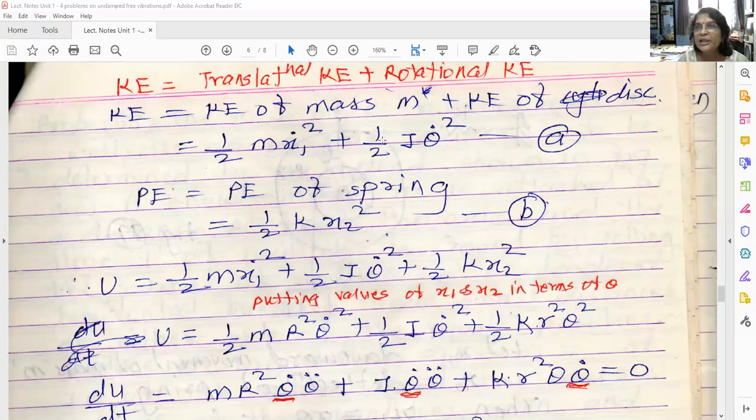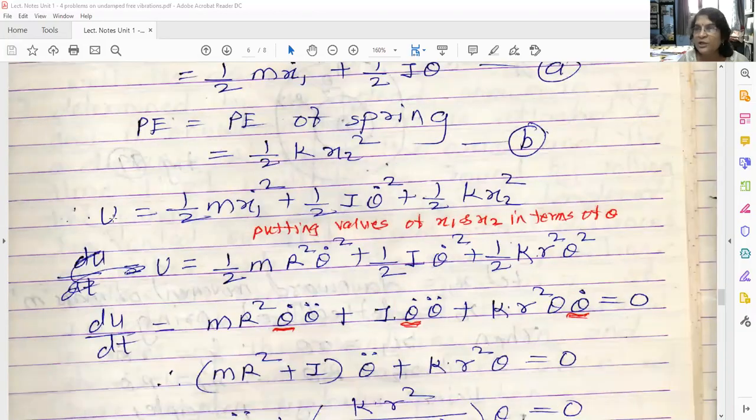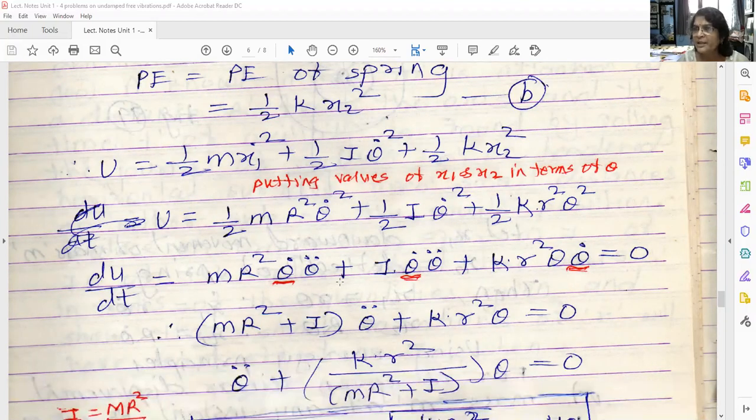Now add this, total energy is equal to, so let us say U is the total energy associated with the system, that is equal to 1/2 m x1 dot square plus 1/2 I theta dot square, this is kinetic energy, plus 1/2 k x2 square. Okay, this is the potential energy. Understood? Now further part is just the mathematics, no vibration is involved in that one. Okay, so U is equal to, now here, we have written x1 also, we have written x2 also, we have written theta also. Okay, so unless and until you write down these three parameters in only one parameter, you are not going to simplify further equation.